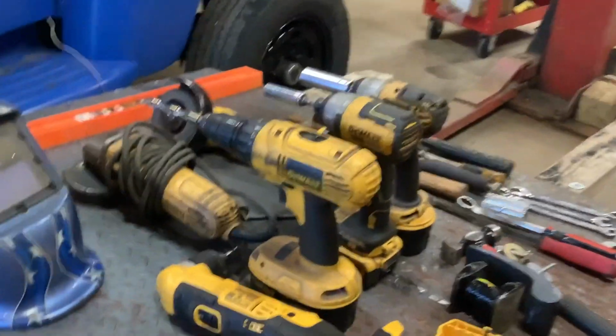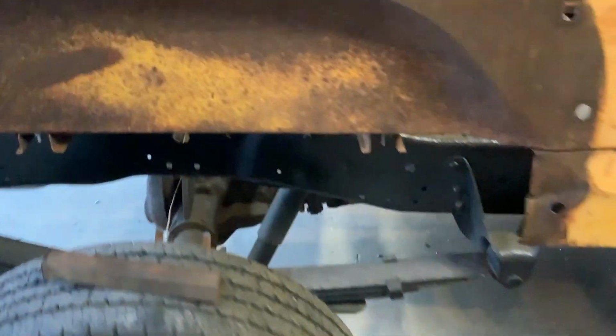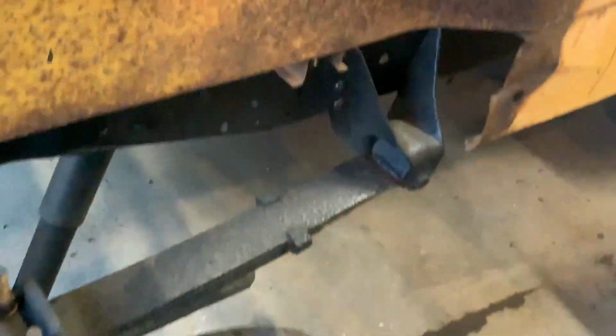I took, let's see where it is here. Where did I put that piece of metal? Oh, it's right here. So I took a piece of square tubing. I put it around here, and I traced it. Now I'll do the same thing on